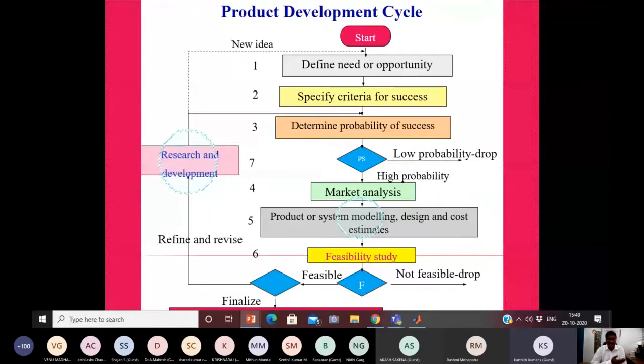There is a need also, because it improves the overall efficiency of the collecting system. But practically, whether it is feasible or not, that also we have to cross check. If it is practically feasible, then only we can go for further steps like making drawings, fabrication, manufacturing. During this journey, we always get some feedback from the market, from customers and industry manufacturers. Based on the feedback, the idea can be refined by the R&D department, or a new idea may be redesigned based on the feedback coming in the product cycle.